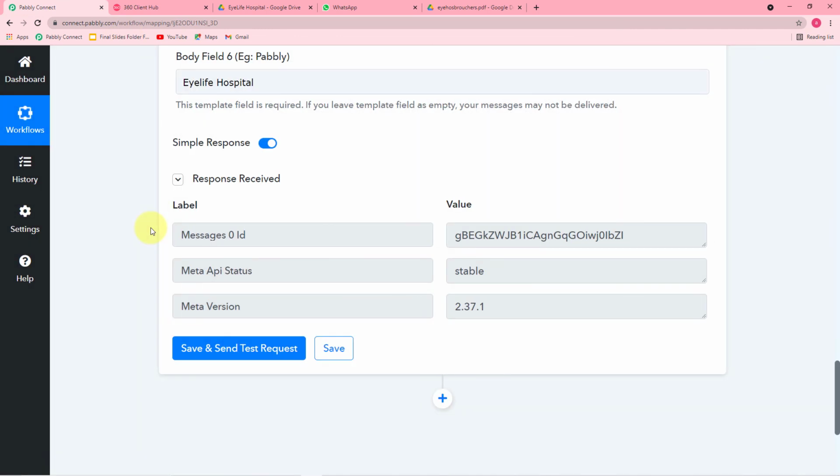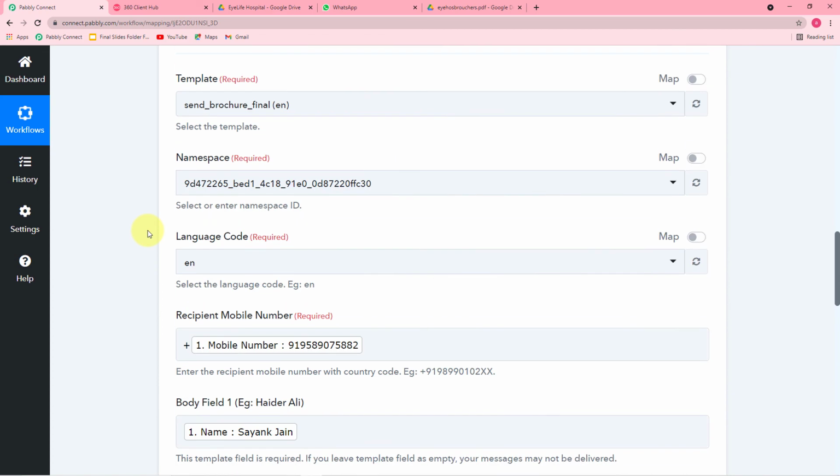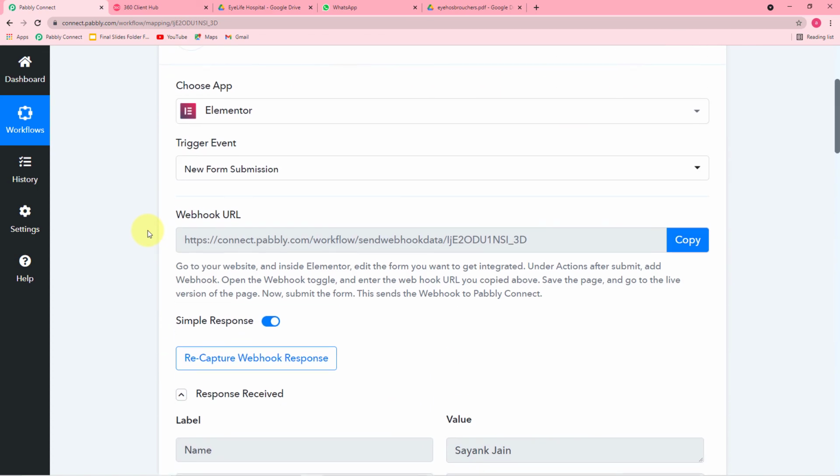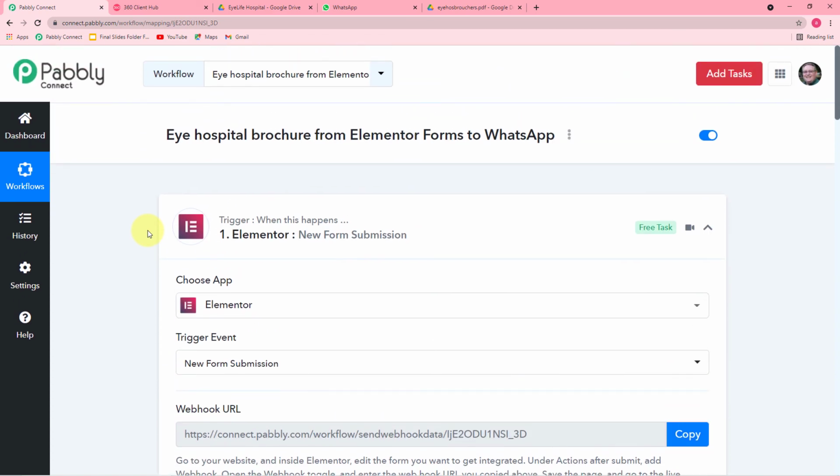And let me tell you one more important thing. So the workflow is completed here, and you can make this workflow or automation run 100 times in a month with the help of Pabbly Connect's free account. Because Pabbly Connect's free account provides you 100 free tasks with every new month. So if 100 tasks are sufficient for your work, you can use Pabbly Connect for free forever. Also, we are going to paste the link of this same workflow in the description so that you can clone it in your own free Pabbly Connect account and start using it instantly.